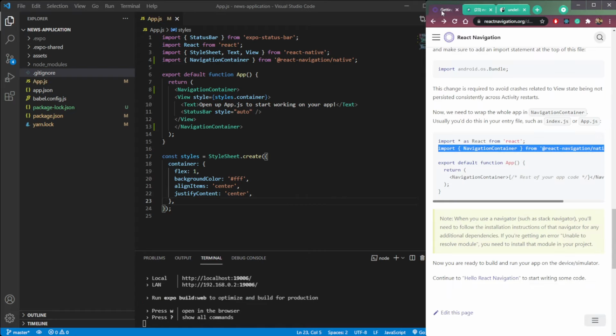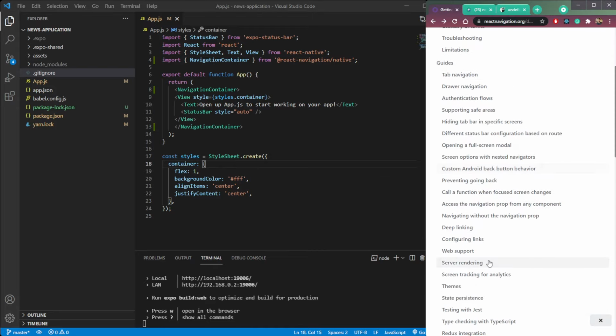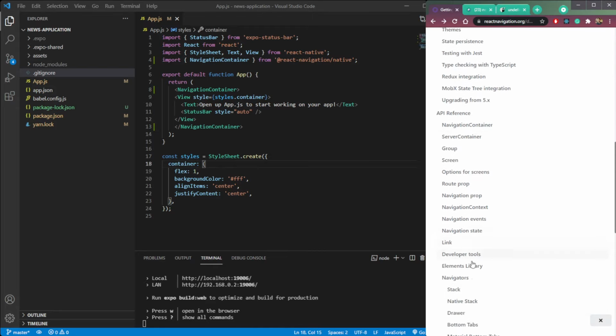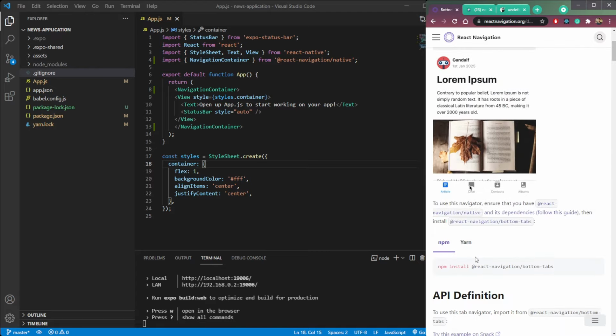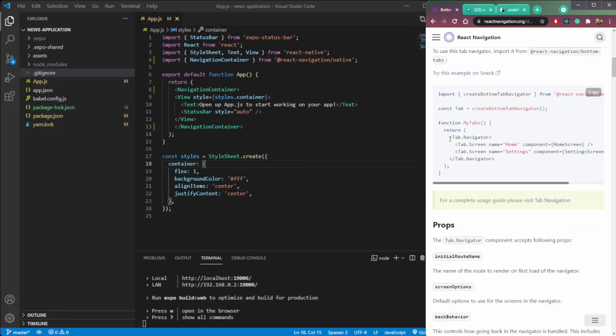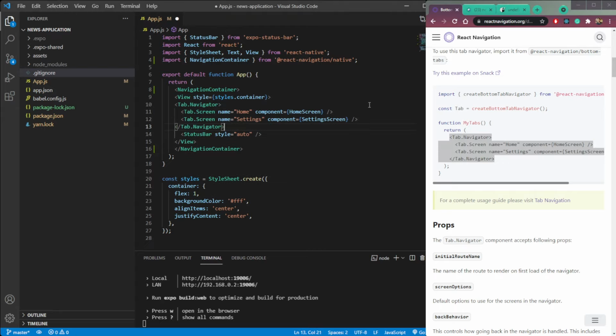Now we need to import our screens. So open up bottom tabs from Navigator. Then we can import these screens here. So copy this tab Navigator and replace the text here and save it.